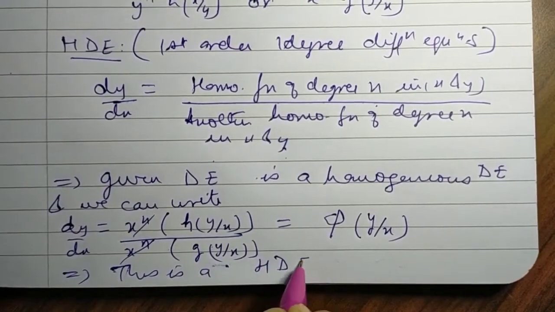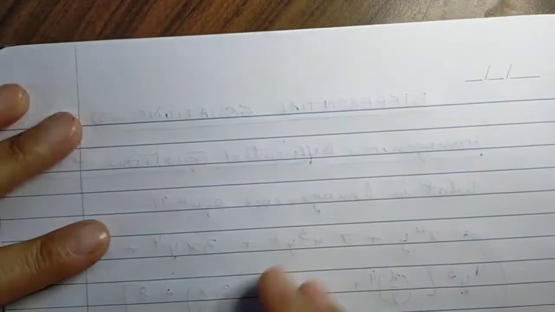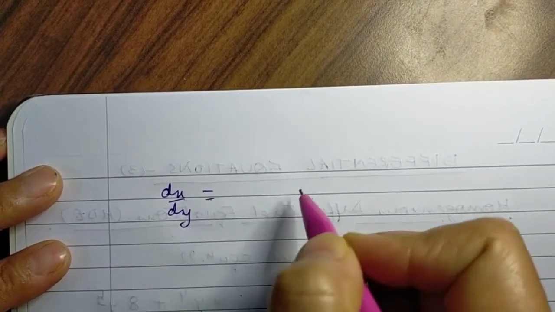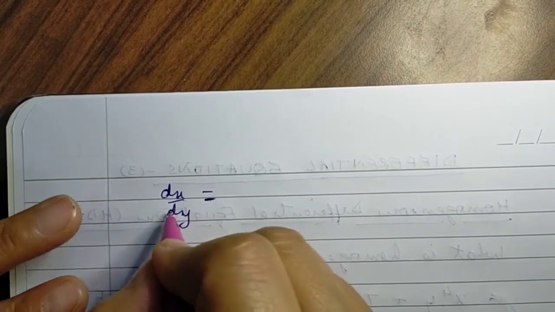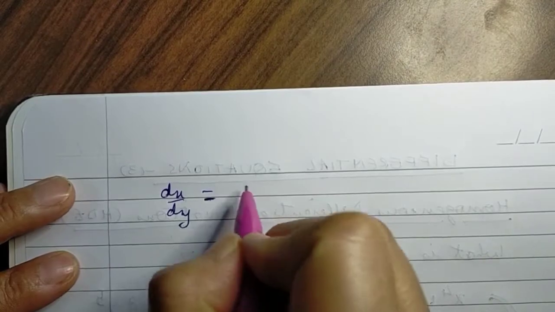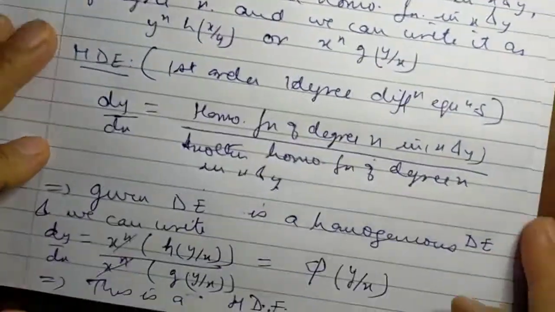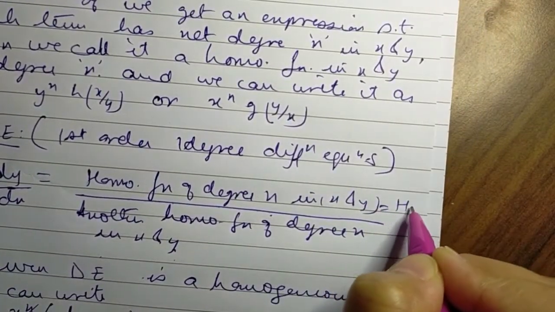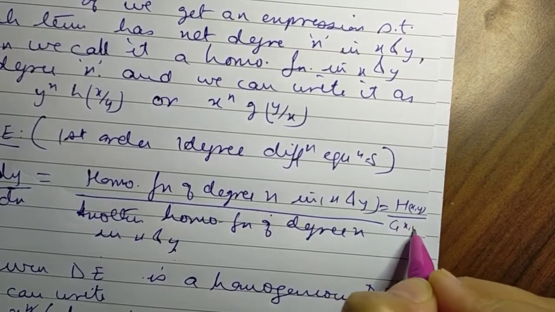Now the same homogeneous differential equation can also be written as dx by dy is equal to, now again instead of writing it as dy by dx, I can write the same thing in the reverse manner, that is, this one goes down like here. If I call this as some h of x and y, and this is some capital G of x and y.